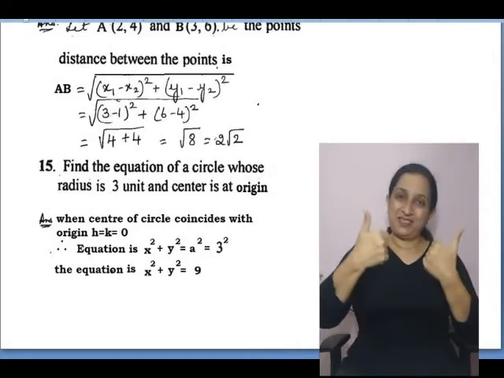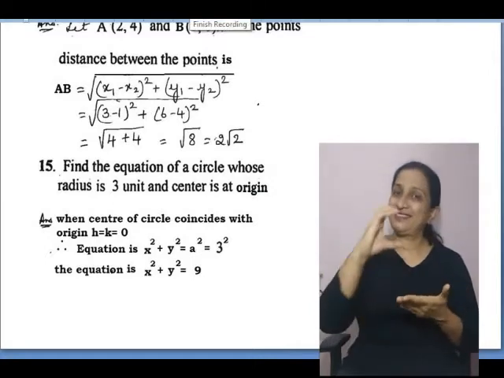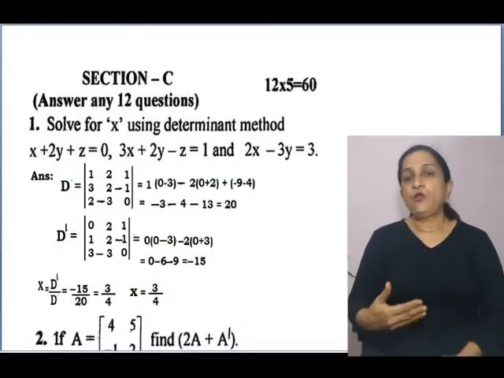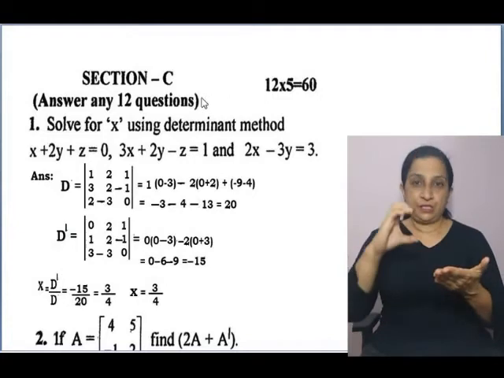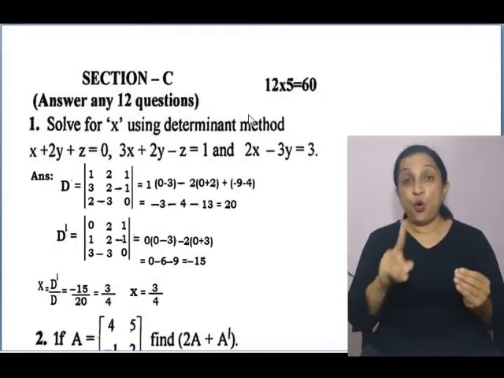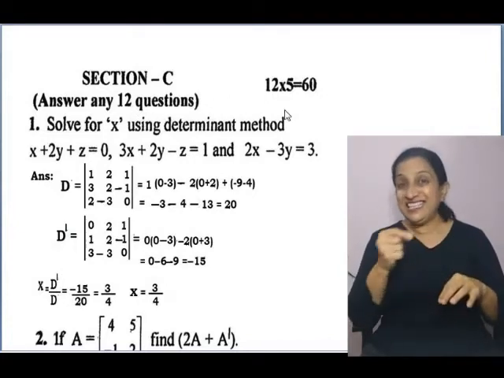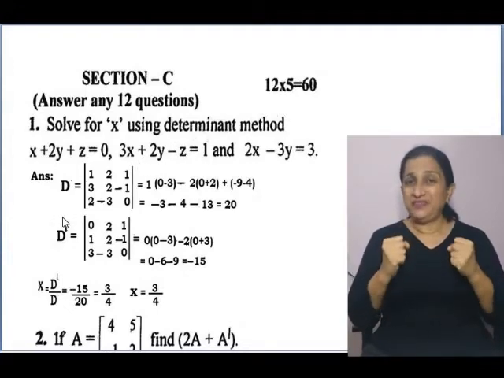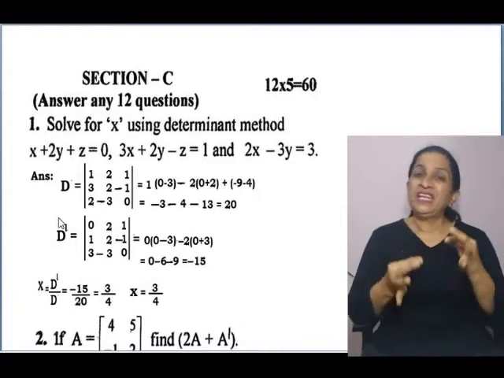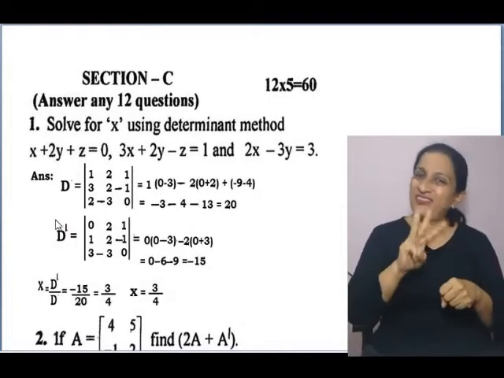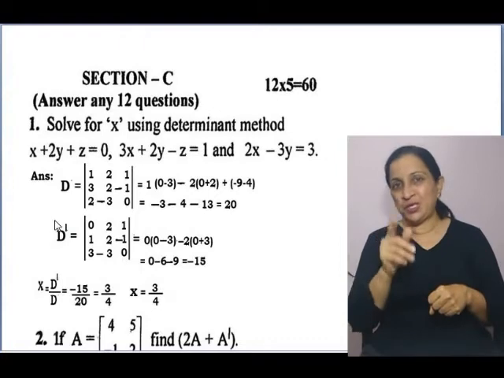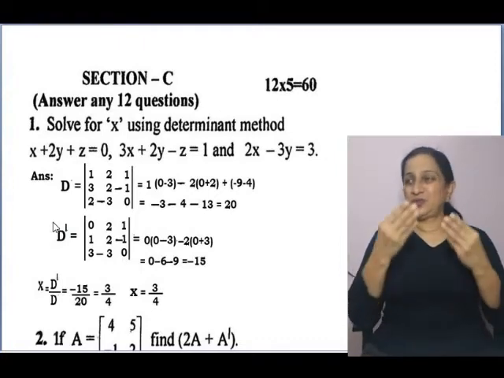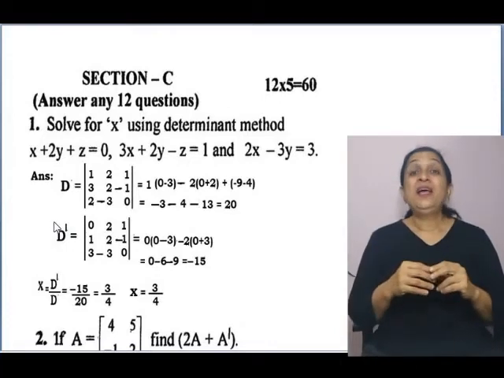Okay, so let us go to section C now. Now let us proceed to section C. Here you have to solve 12 questions of 5 marks each. Some of them are difficult and lengthy, so even if you are able to solve 3 or 4 out of them correctly, you may get about 20 marks. But if you are not able to, then at least reproduce the problem as it is.